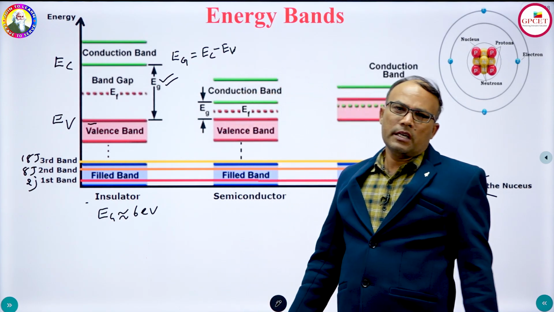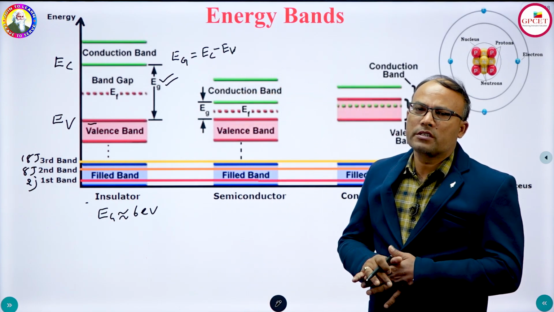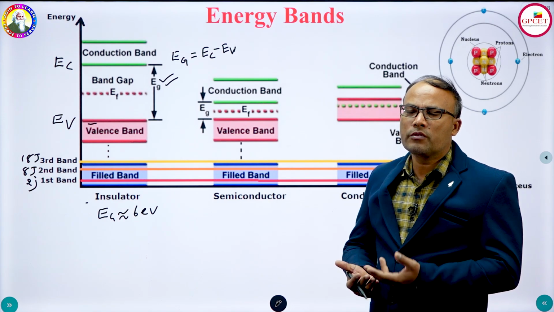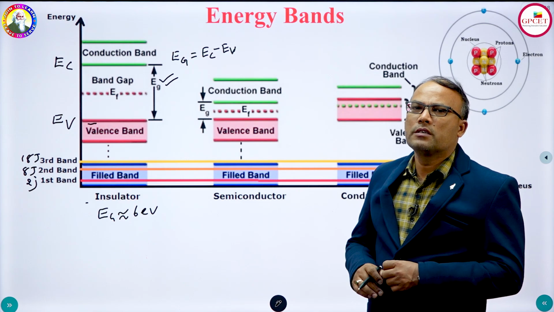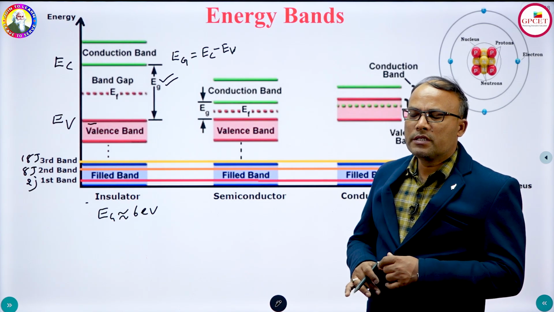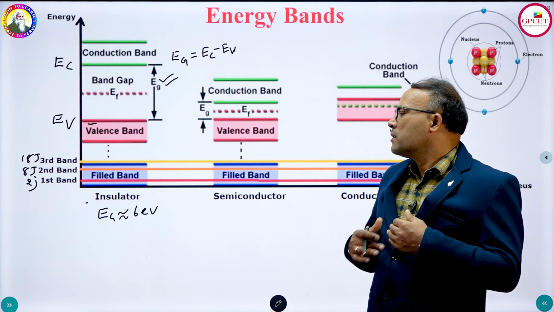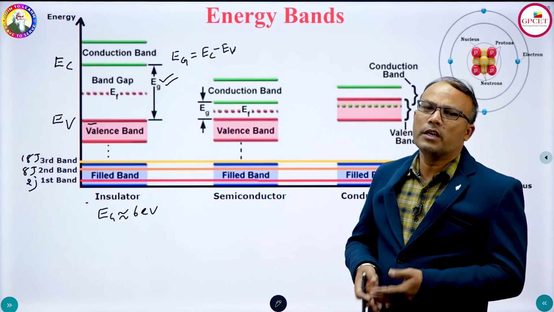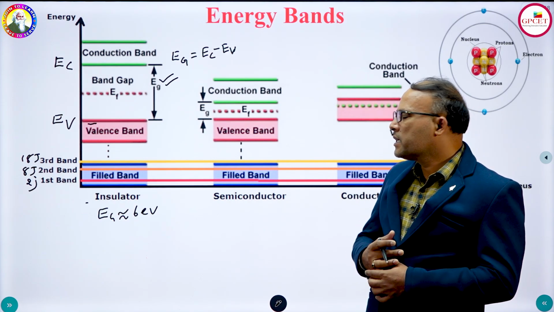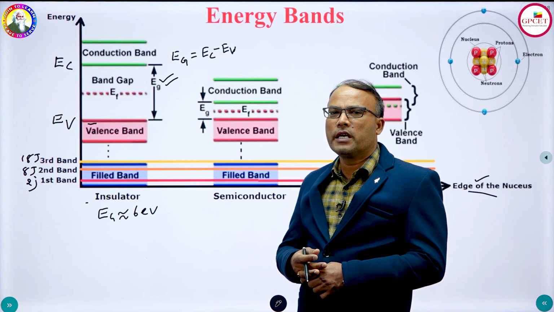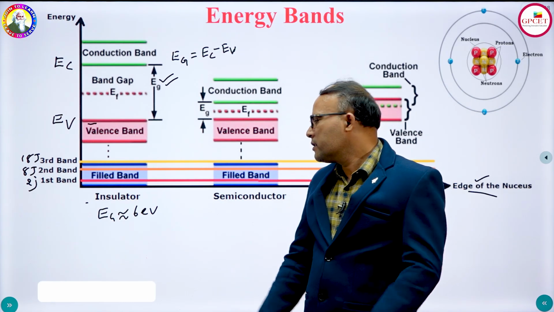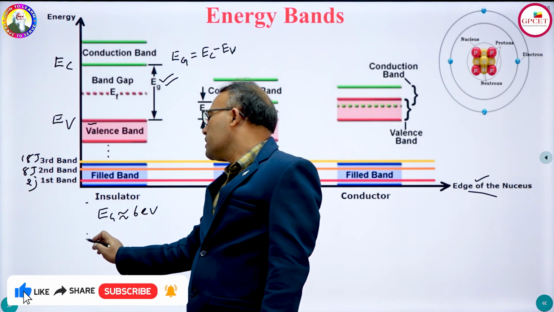If it is equal to 6 electron volts, then in semiconductors it is very difficult to obtain 6 electron volts of energy. So therefore the device becomes non-conducting. A non-conducting device is called an insulator. So I can say that when the energy gap is approximately equal to 6 electron volts, the device is called an insulator. For example, what are the examples where